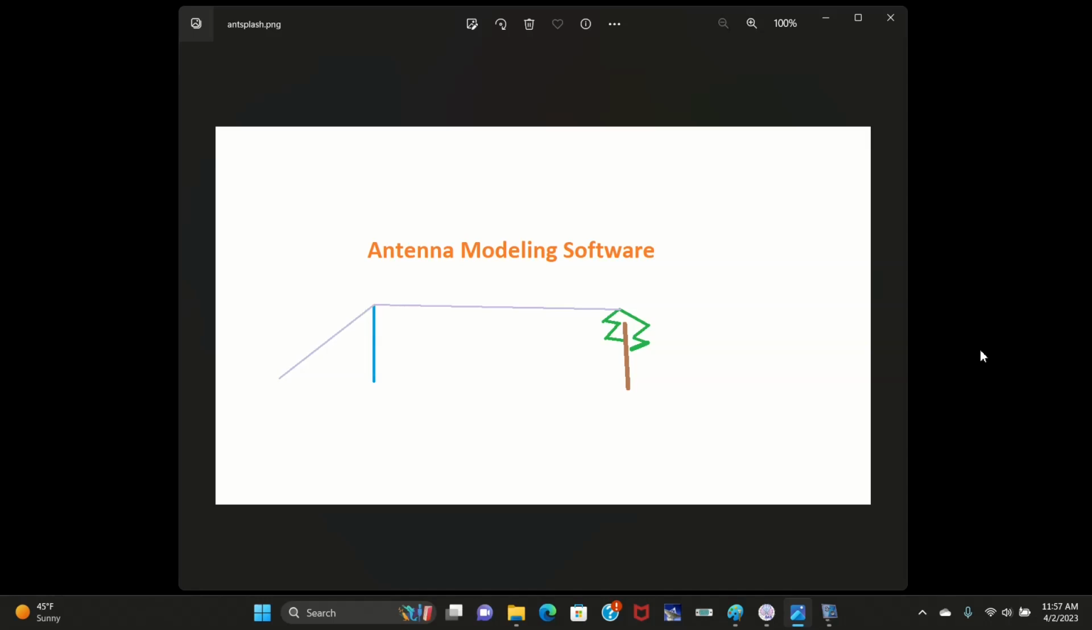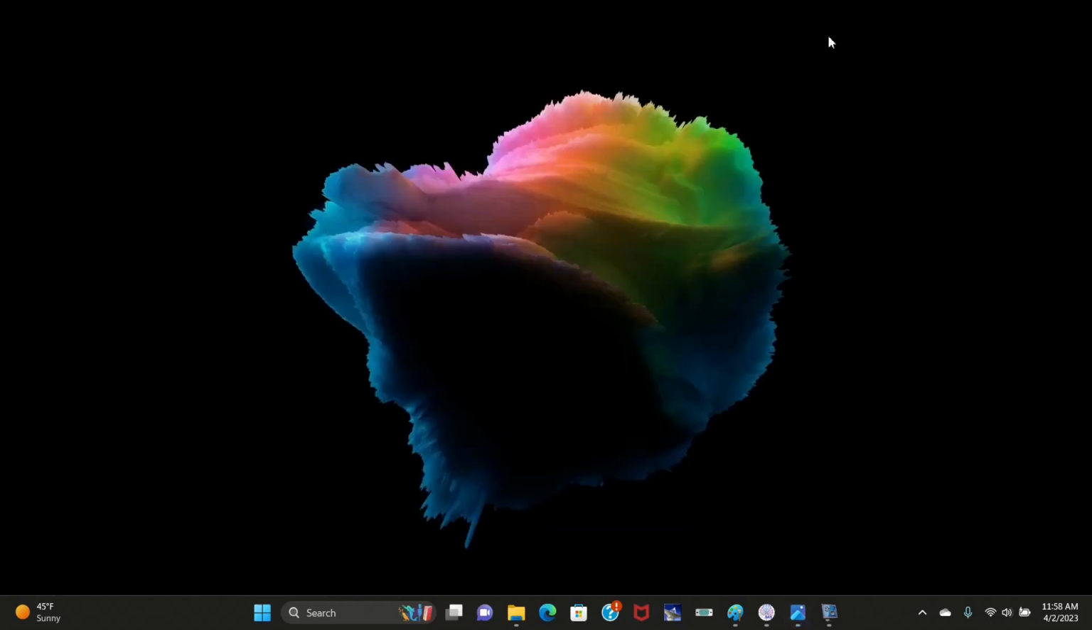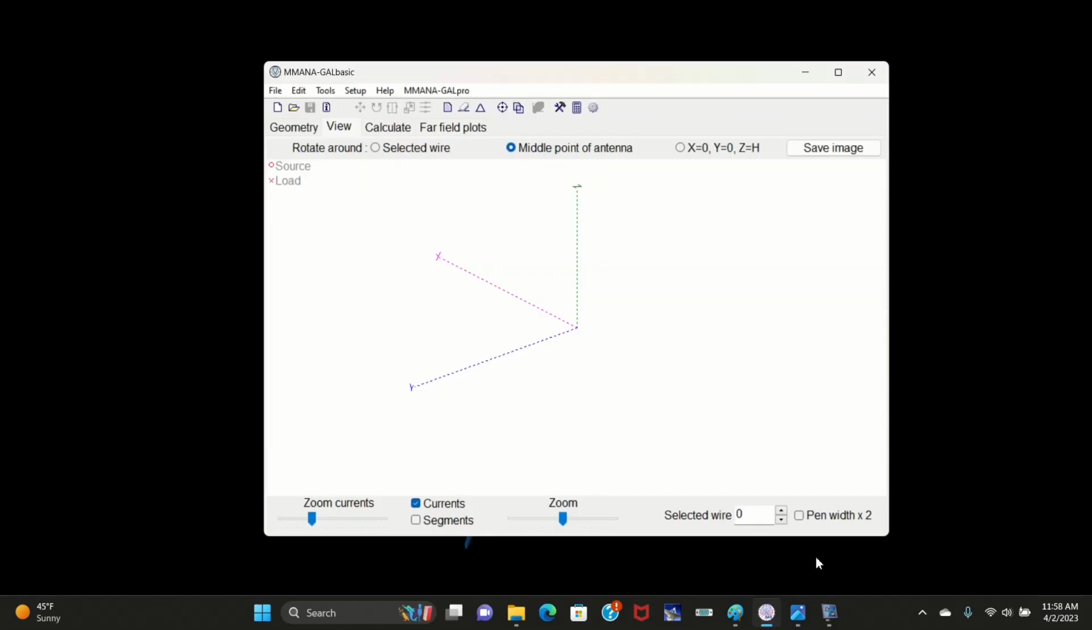All right, let's go ahead and open up MMANA. We'll start with that. And you can see that when it first opens up, we get the View tab, and this shows the good old-fashioned Cartesian coordinate system, X, Y, and Z. The only thing you need to remember about this is that the Z is in the up position,